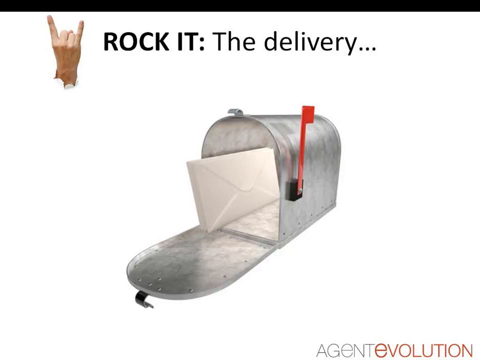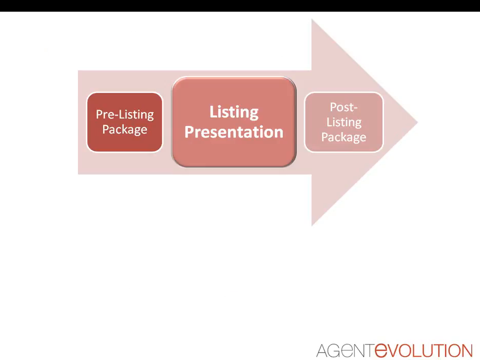So speaking of listing, let's get to it. The main chunk of our presentation today is taking a look at these different components. The listing presentation. And of course, we're going to get to execution and delivering it. There are a variety of different ways that you can deliver that listing presentation. Obviously, you're going to be doing it in person, and you may be conversing with the seller. You may also be using some technical items like a laptop or perhaps an iPad, or maybe some print items or even a flip book. And when you think of adding these visual aids into delivering your presentation, just remember that they should enhance or supplement your presentation, but you shouldn't always rely on them.